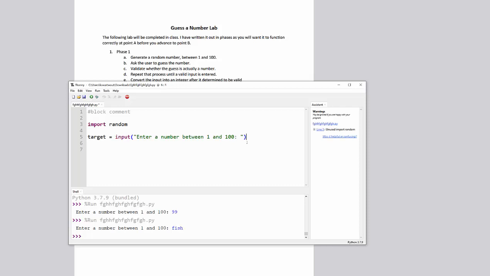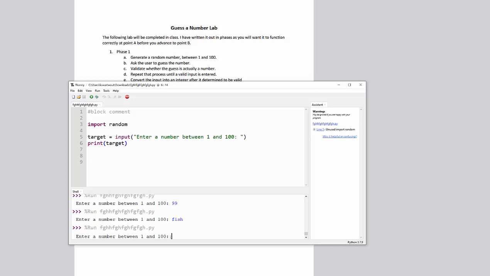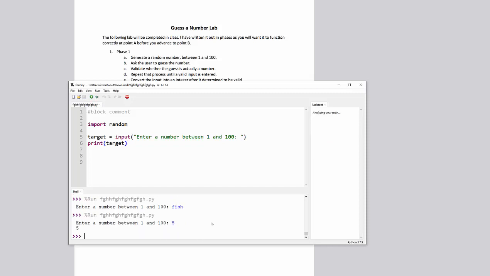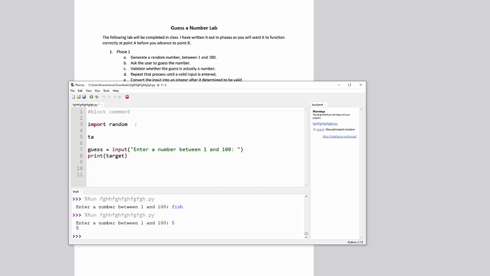All right, so that was an easy part. Here's what I'm going to do. I'm going to print that out just for testing purposes, and I'm telling you, you need to get rid of this by the time it's all said and done. It's just going to show you that you're getting a random number. Oh, actually, I haven't generated a random number. Oops, I skipped a step. Not a big deal. Oh, yeah, I crossed this all up. All right, so this is going to be called guess, actually. This is the user's guess. I was crossing up the random number. So target is going to be